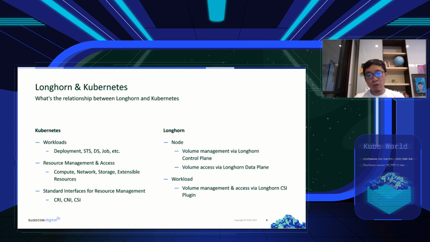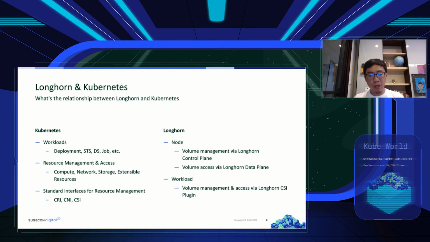So we talked about what Longhorn is, but how does Longhorn work with other services and other solutions? Let's talk about the first-class service, Kubernetes. So what's the relation between Longhorn and Kubernetes? If you look from the Kubernetes side, Kubernetes provides different kinds of workload support and management, like deployment, stateful set, daemon set, job, cron job, etc. And for the workload, what they use is resources. So resource management and resource access is mandatory for the workload, including compute, network, storage, and even